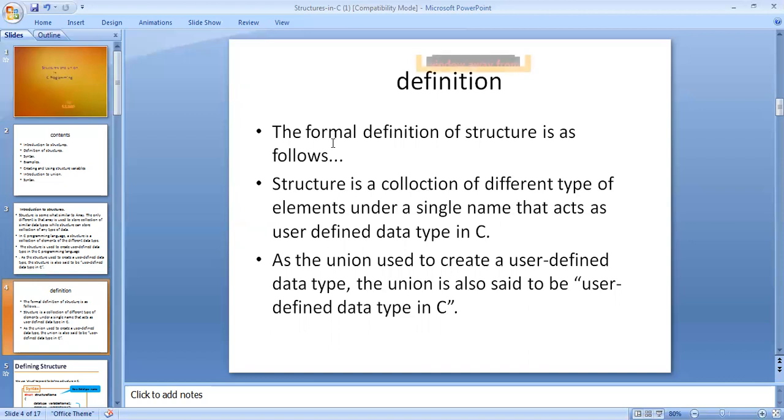After that, we define the variable members. Just as a structure is a user defined data type, the union is also a user defined data type. Both work similarly. A union is used to create a user defined data type, and the union is also said to be a user defined data type in C.